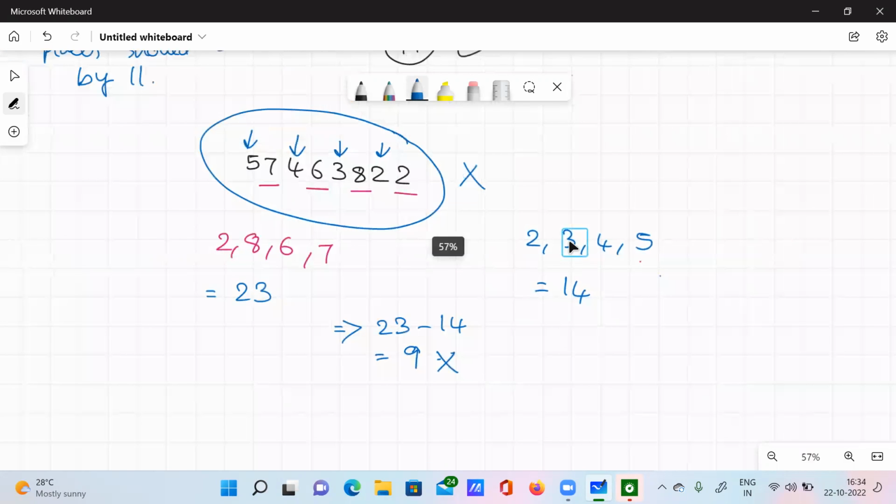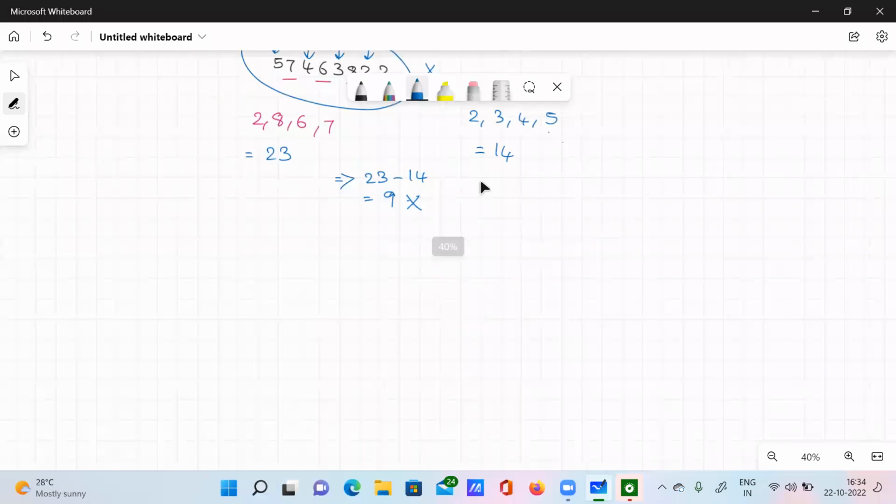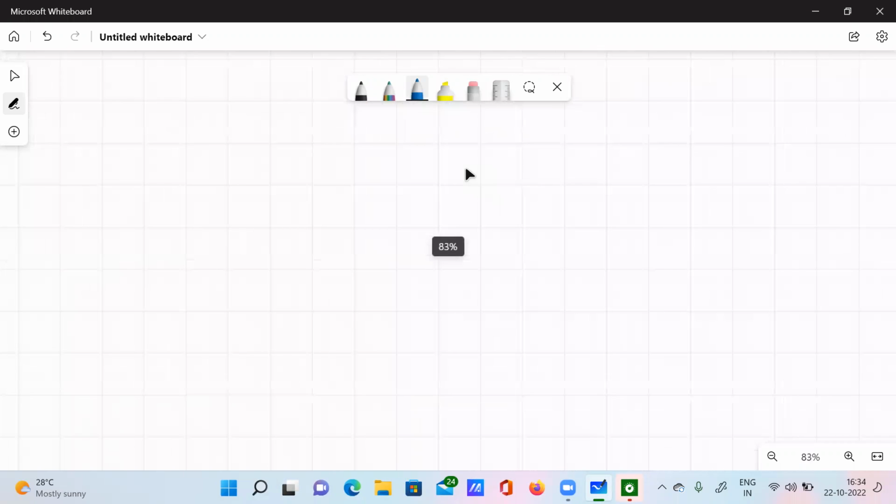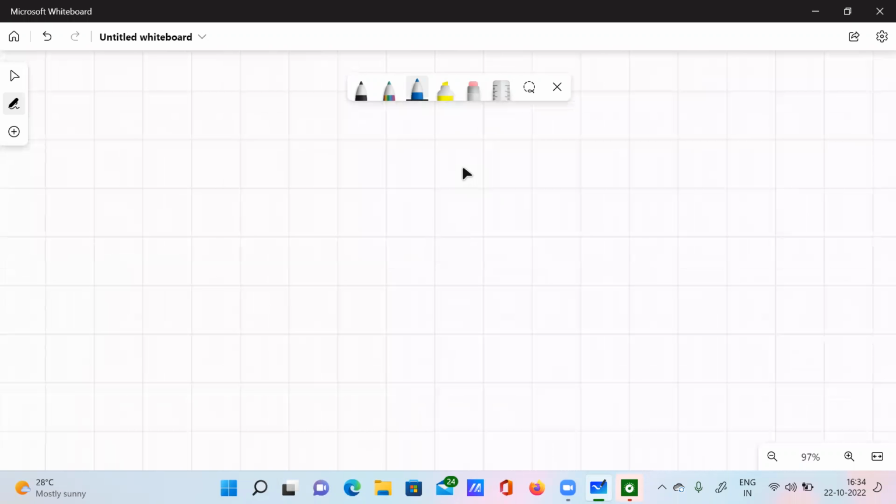Now what I can do is consider some problems for practice purposes, so that you can have a better idea. So this is the end of the divisibility rules. Now we can look at some practice problems. This is the practice here, right? So this is the first problem. So the problem is